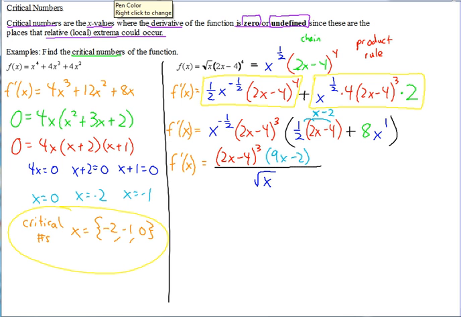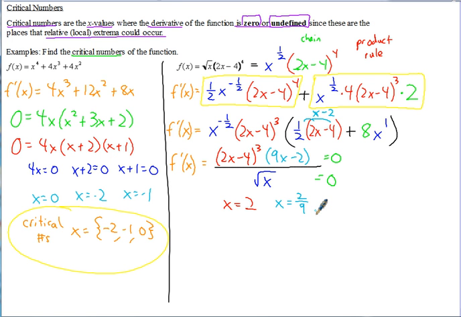And now, this one has a fraction, so this one could be 0 or undefined. To figure out where it's 0, you set the numerator equal to 0. To figure out where it's undefined, you set the denominator equal to 0. So if we set the numerator equal to 0, this cube doesn't really affect what makes it 0, just what's inside there. So if we set 2x - 4 equal to 0, you can see we get x equals 2. If we set 9x - 2 equal to 0, we'd add the 2, divide by 9, we get x equals